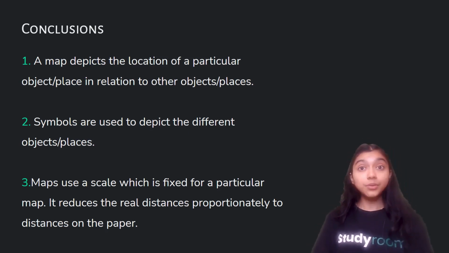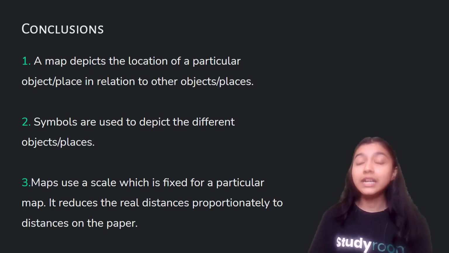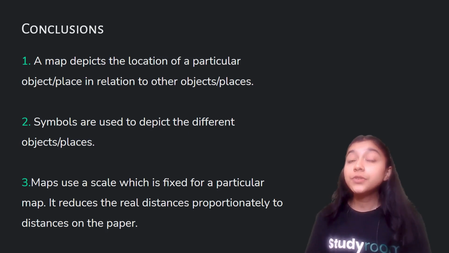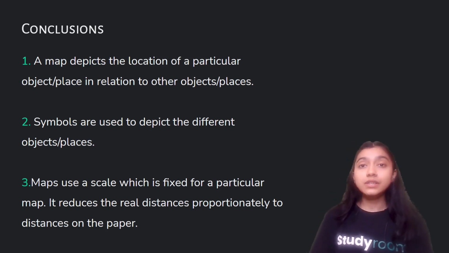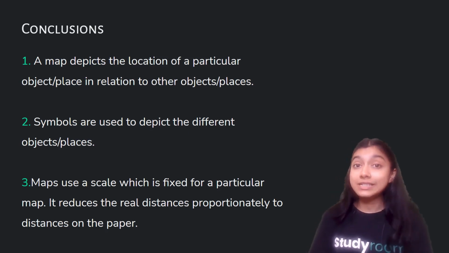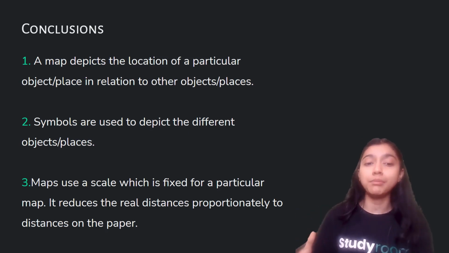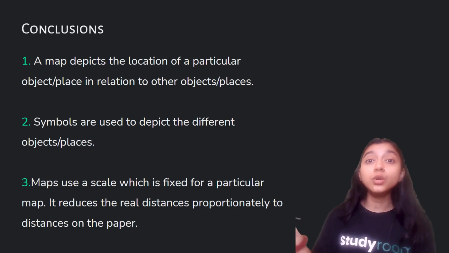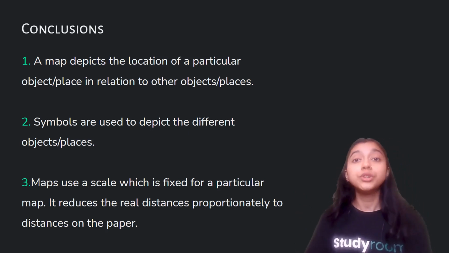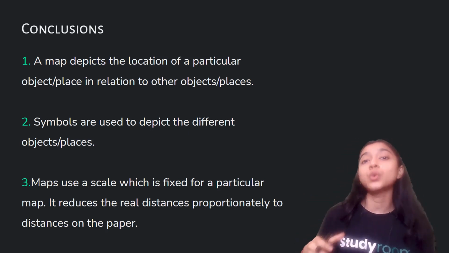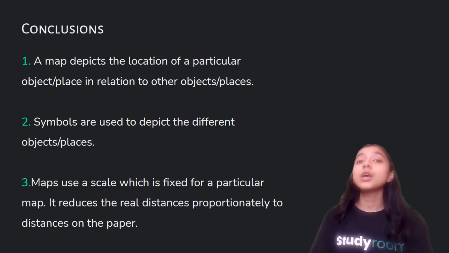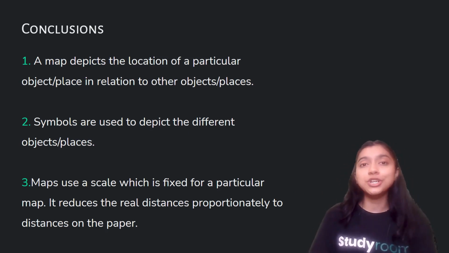Now, the last and the most important thing in mapping is that we have to fix a scale, and every map has a particular scale. Now, this fixing of a scale is important because it helps us to depict the distance between the two objects on the map. This actually reduces the real distance between the two objects in proportion to the distance on the map between the two objects. So, these are the 3 points that we need to keep in our mind while mapping any object or any